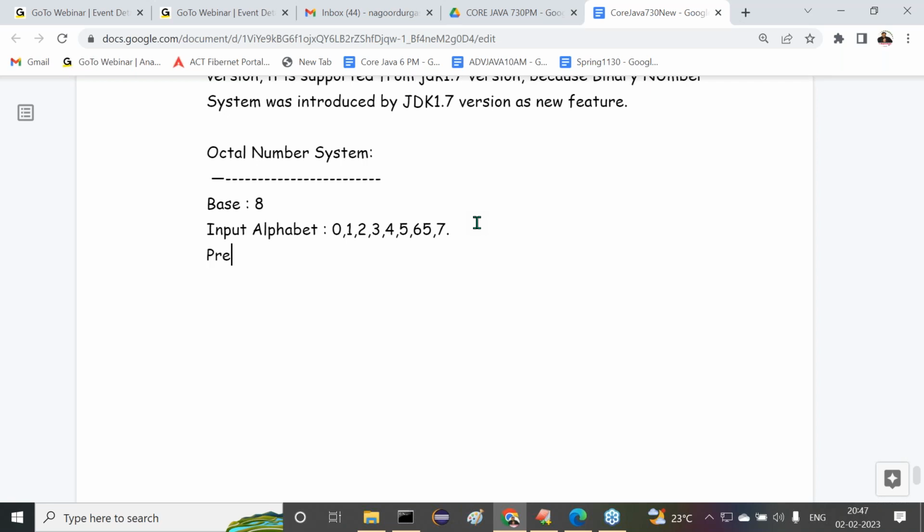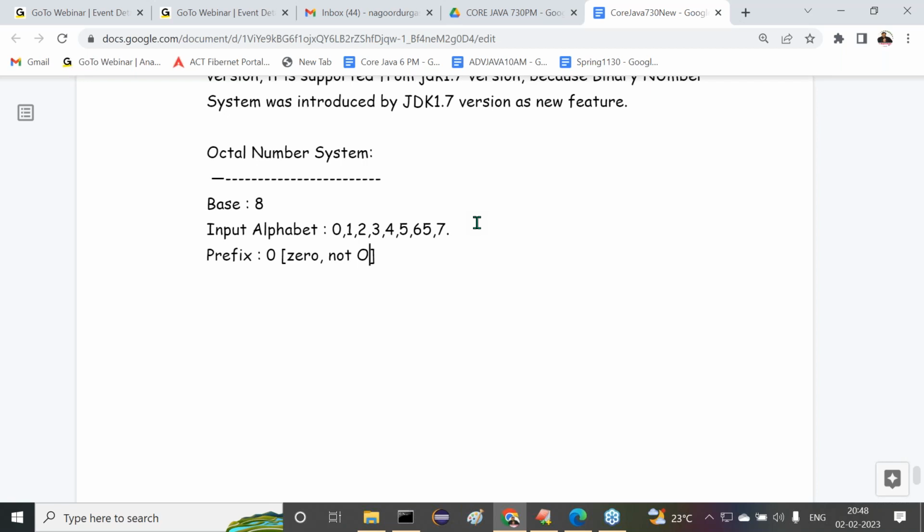Now the prefix value. For every number system, there is a prefix value. What is that prefix value? Observe carefully. The word octal starts with the letter O, and people misunderstand that numbers will start with the letter O, but it is not O. It will be the digit 0. The prefix value is a single 0.